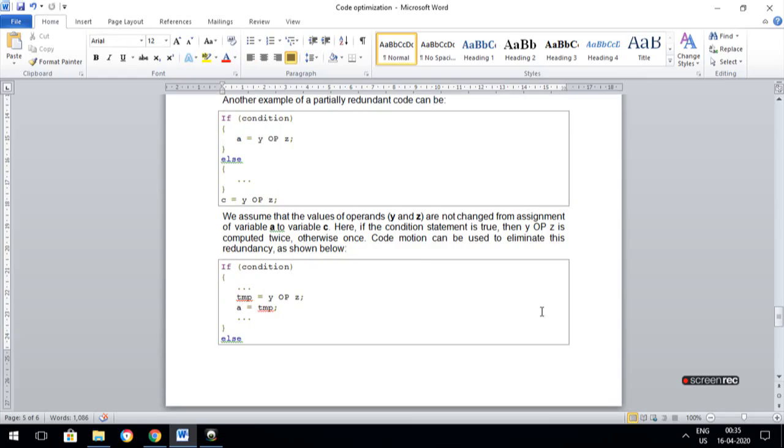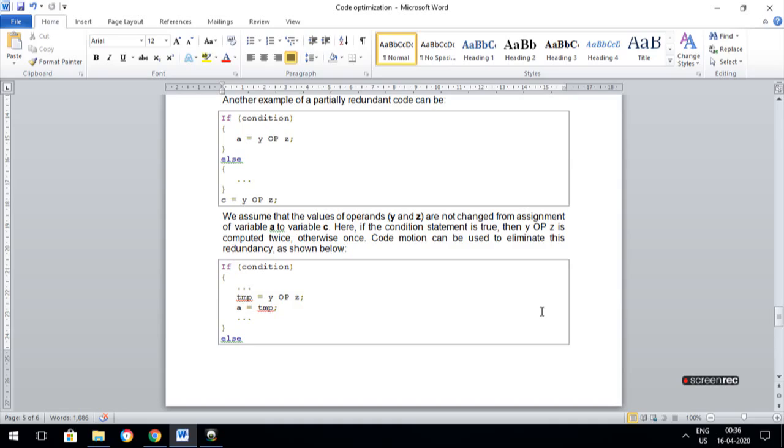If condition, a equal to y operator z, else c equal to y operator z. Although I have two different variables, the expression y operator z is the same. So that is the duplication.